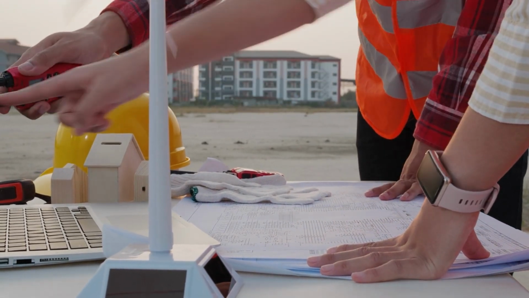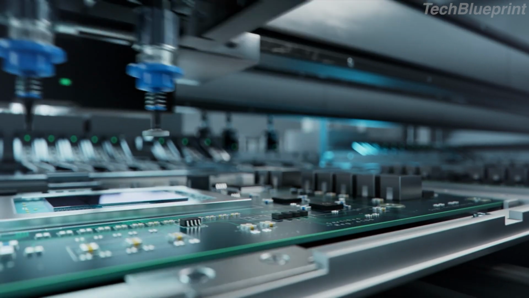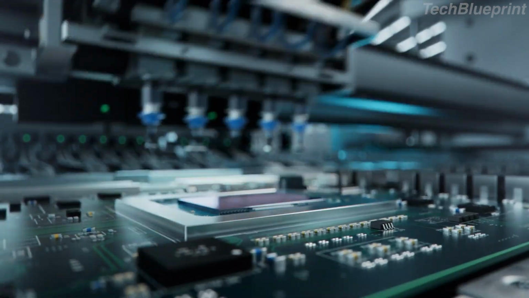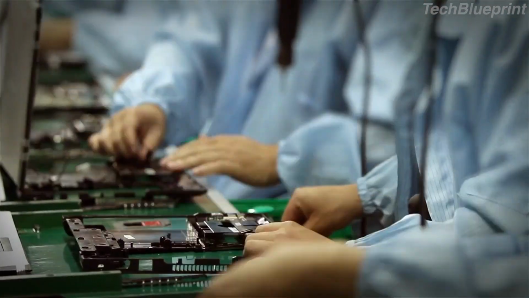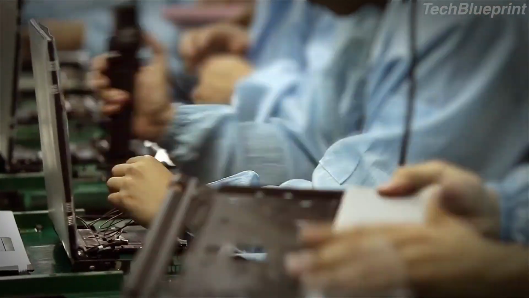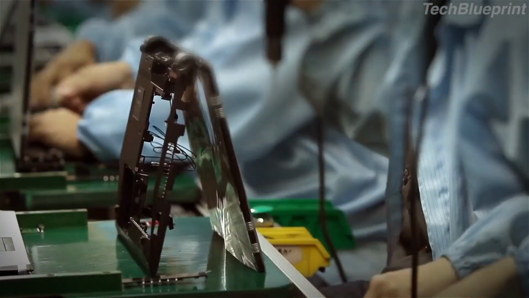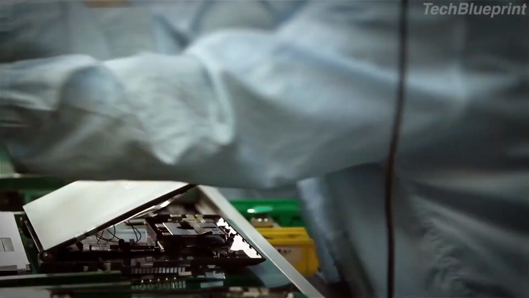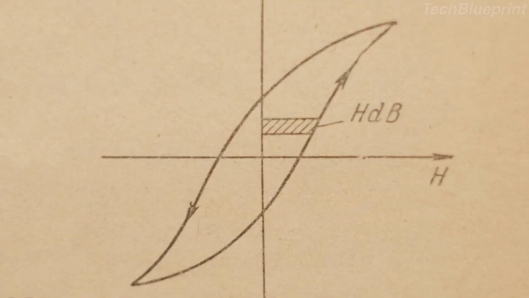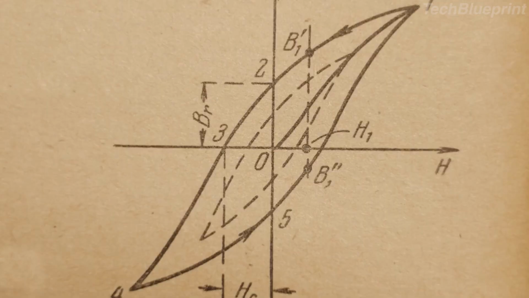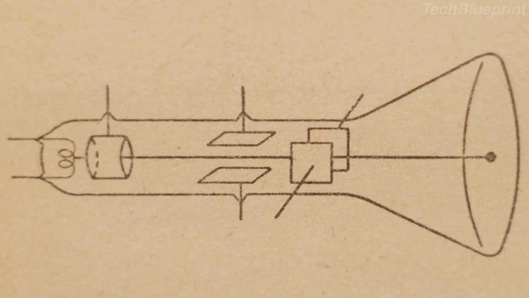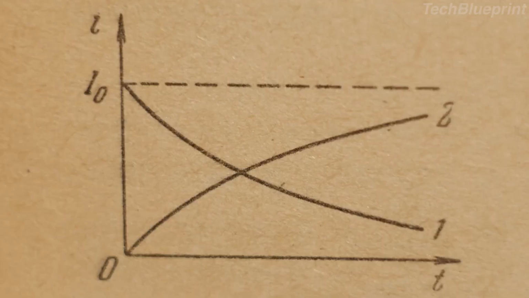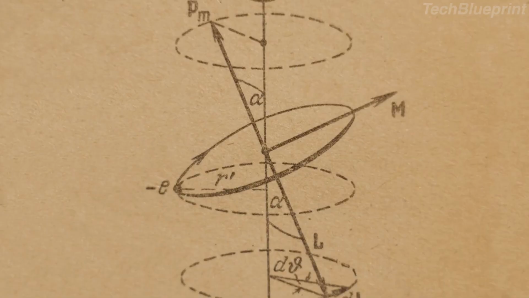Let's get started. Operational amplifiers, or op-amps, are essential building blocks in electronics. These versatile components amplify voltage signals and are used in everything from audio equipment to complex control systems. At their core, op-amps can perform mathematical operations like addition, subtraction, integration, and differentiation, making them invaluable in signal processing